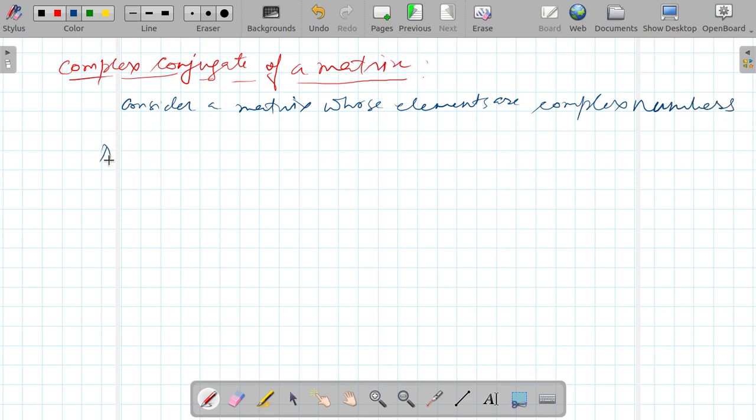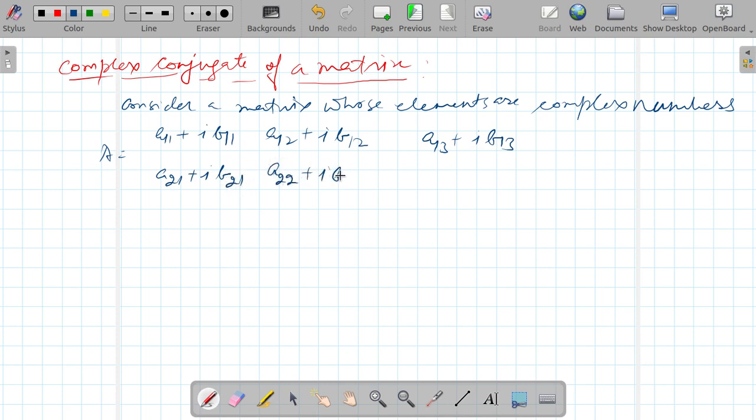That means it's defined as A equal to A11 plus iota B11, A12 plus iota B12, A13 plus iota B13, then A21 plus iota B21,